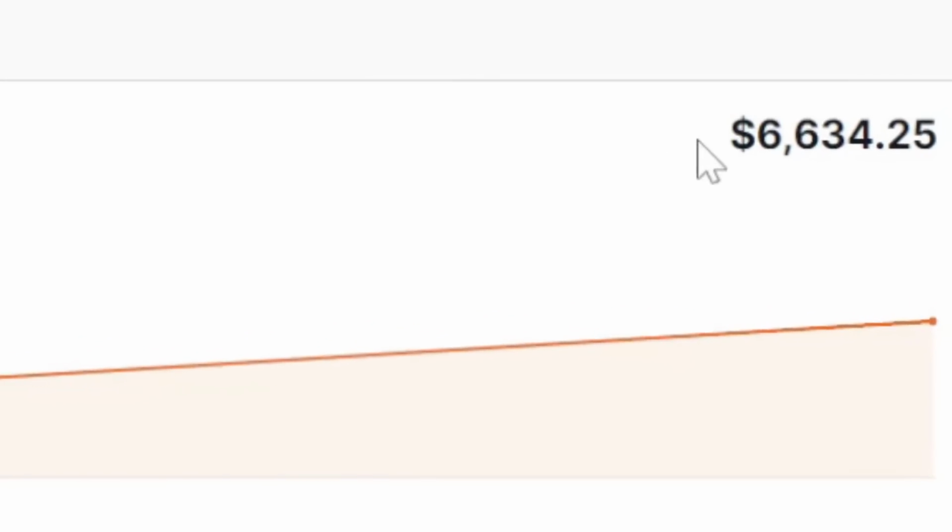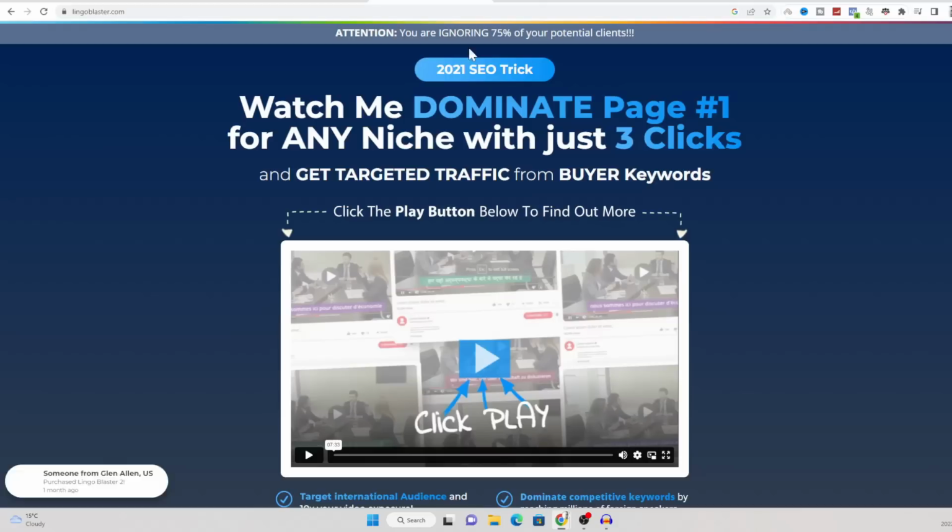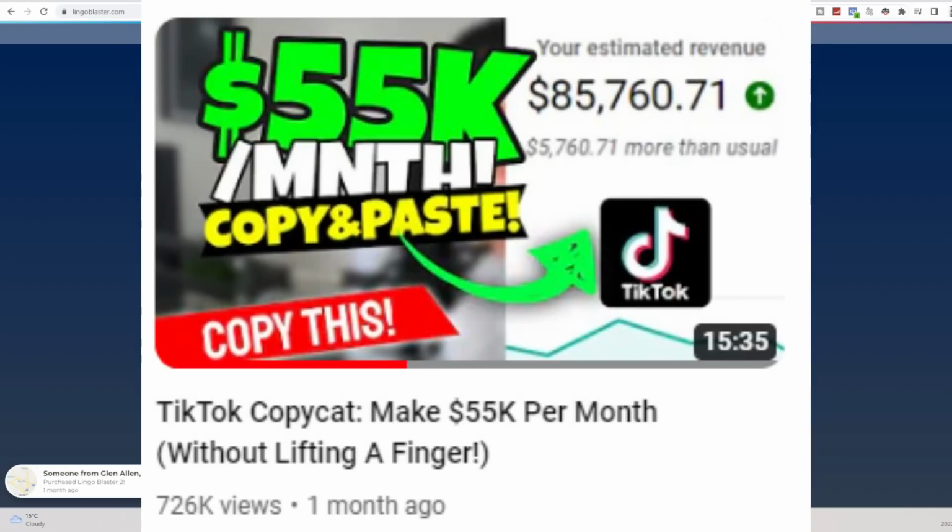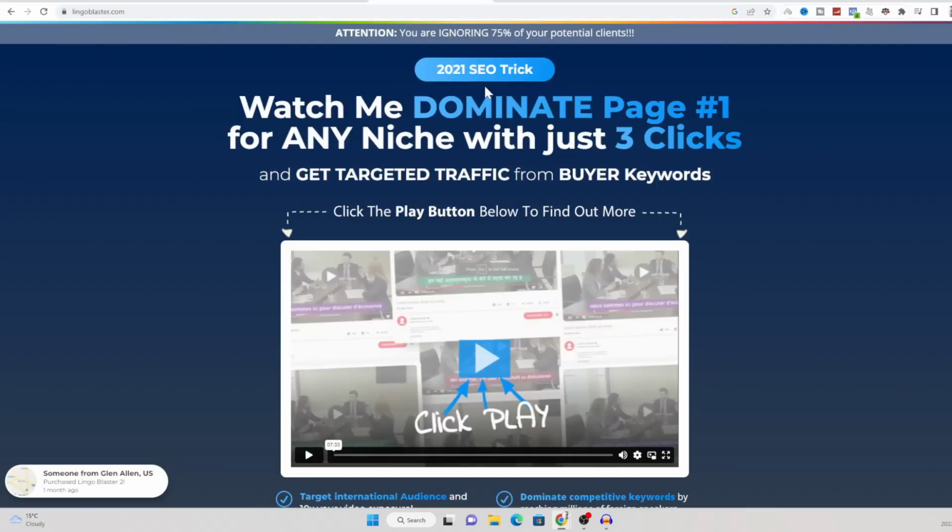This right here is my total earnings for a tool called lingoblaster.com, which has turned my views from this to this in just a couple of months. Since I proved that this tool works and helps you dominate page 1 for any niche with just 3 clicks, by simply translating all of your videos and content to every single language in the world to help you reach a much wider, foreign and global audience,